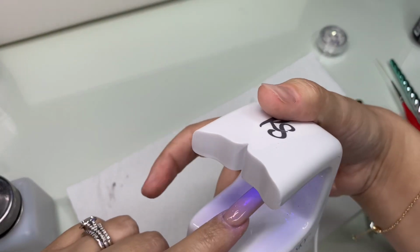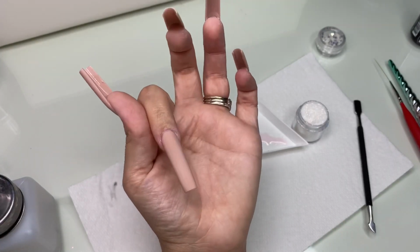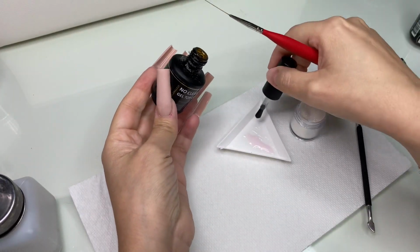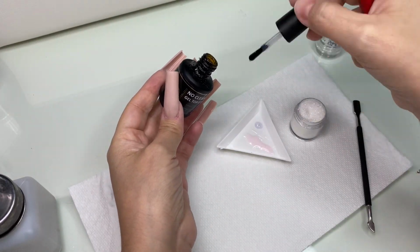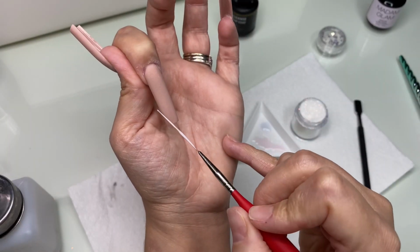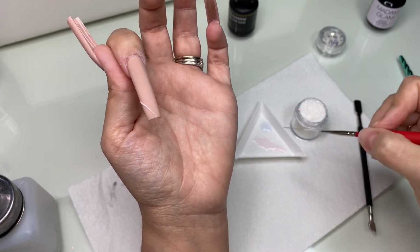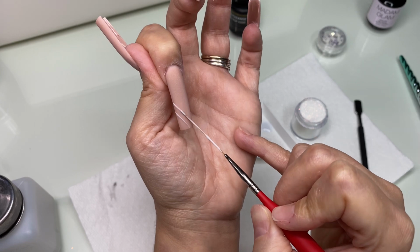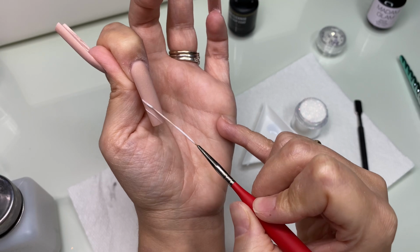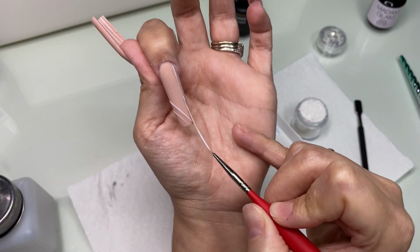I'm going in with a matte top coat, and I'm going to cure. Once I'm done curing, I'm going in with Madame Glam gel polish, and I'm going to use the gel polish for my nail art. And once I do the lines, I'm going to cure them in the lamp, and then I'm going to go over the lines with regular or shiny top coat, and then I'm going to apply the glitter sugar effect over